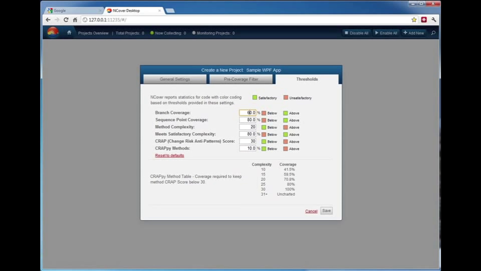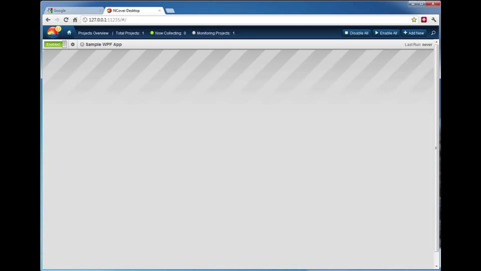You can then click over to your Thresholds tab, and you can modify your thresholds according to the specific goals that you have for your project. You don't have to do this. This is just an option you have. These do have default numbers, but you do have that ability here. Once you have that completed, you can go ahead and save your project,